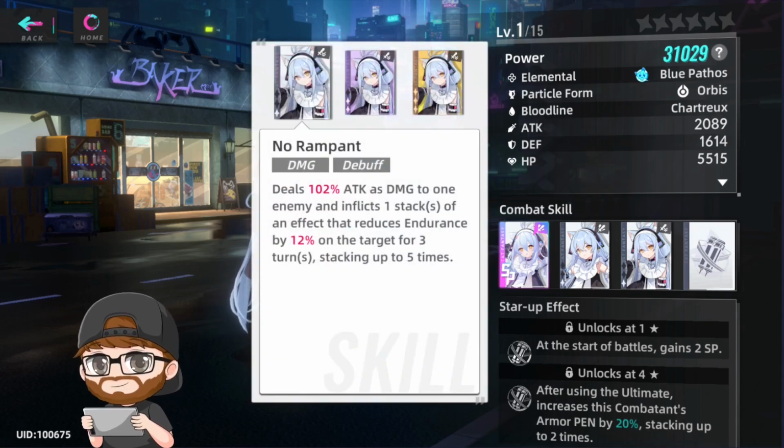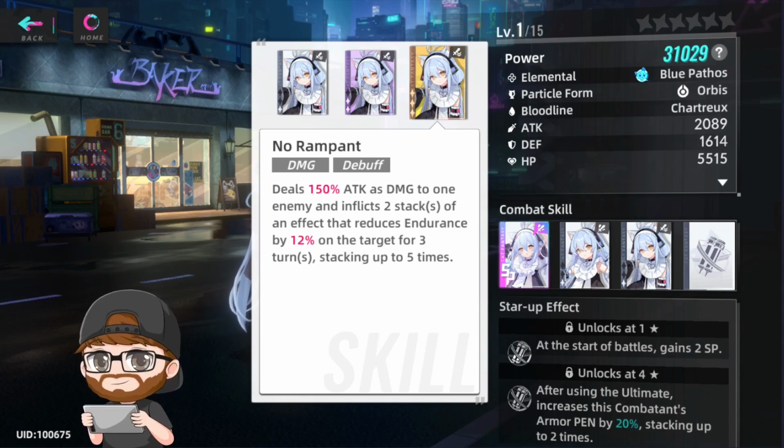And then she has a nice little debuff in her kit as well. Deals 150% attack as damage to one enemy and inflicts 2 stacks of an effect that reduces endurance. So again, we were talking about that endurance a little bit ago as being kind of a nuisance, even when you're running all this armor pen, because armor pen only ignores defense, not endurance. Endurance is more of a damage mitigation or reduction mechanic, okay? That penetrating damage or penetration damage, if you will, can kind of ignore that,